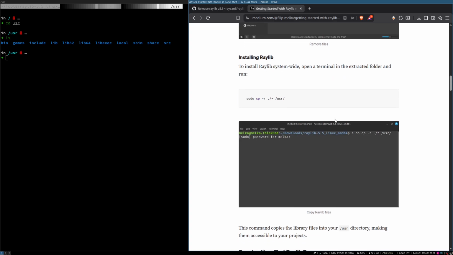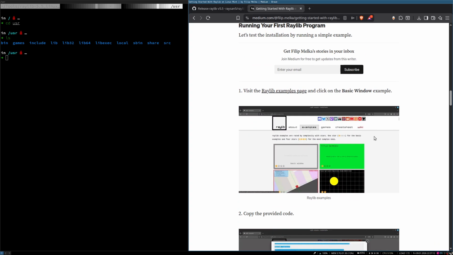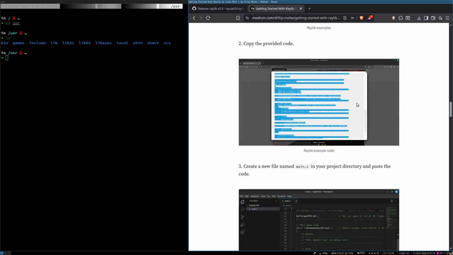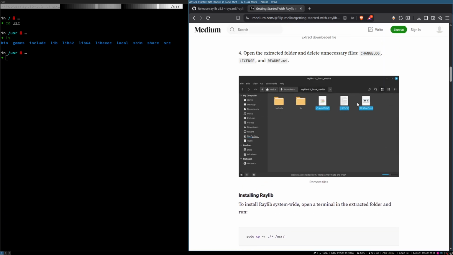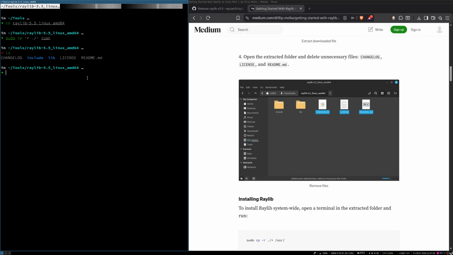I'm not sure, is this the right way? I don't know, maybe I can set the path, include